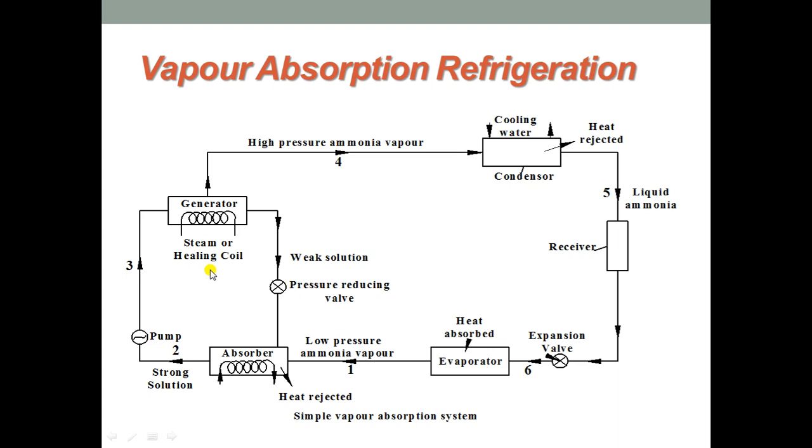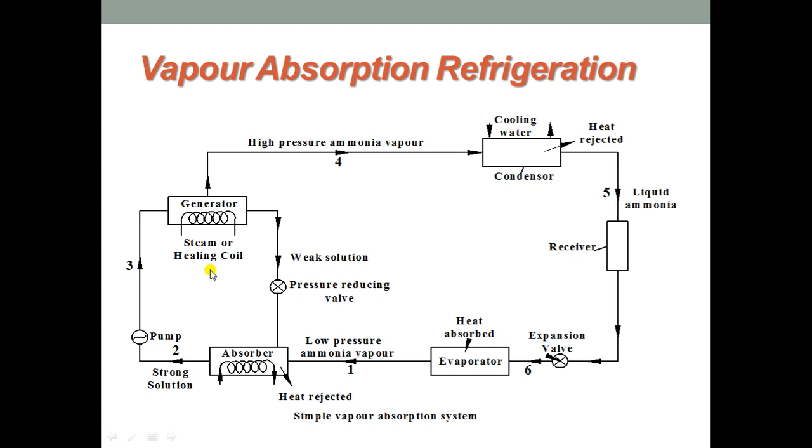Vapor absorption refrigeration is used in recreational vehicles that carry LP gas, and in industrial environments where exhaust waste heat can be used to provide the energy needed to drive the cooling system. It is also used as a chiller in office buildings and hospitals to chill a brine solution that is circulated throughout the building. Now we see the working of a vapor absorption system.